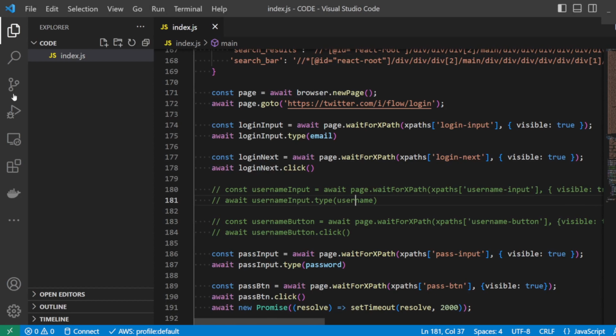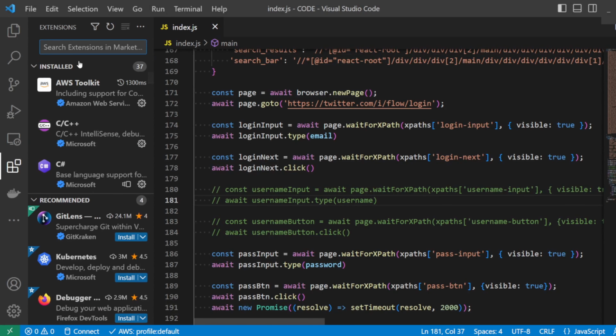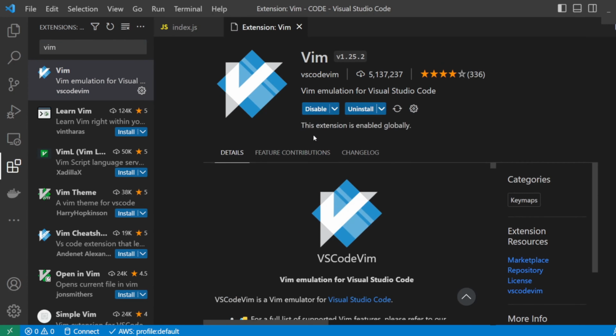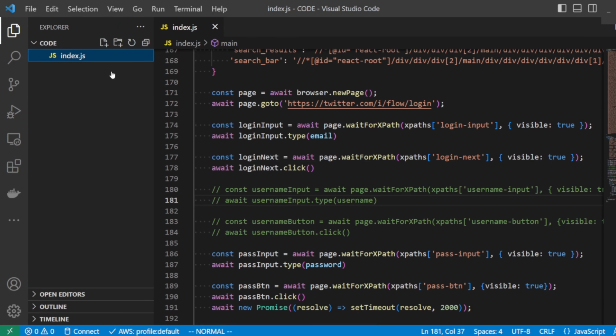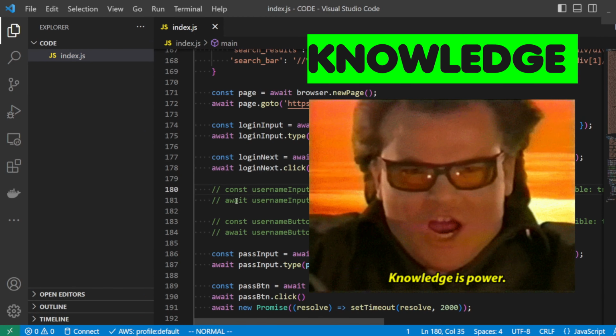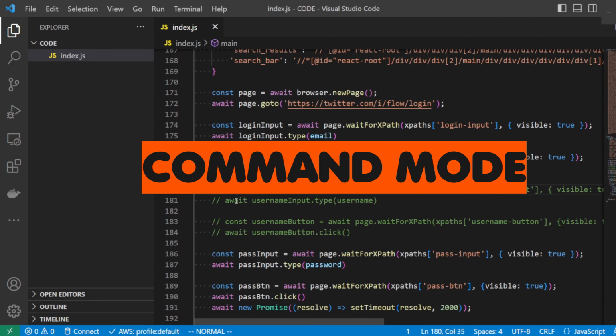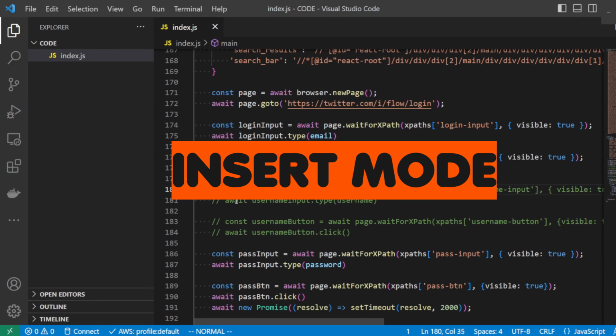You can install Vim using different ways, but since I love VS Code, I'll install it from the marketplace. This gives me all the syntax highlighting and suggestions of VS Code along with the power of Vim. Going back to the editor, you'll notice that my cursor became fat, just like my knowledge, which tells me I'm currently in command mode. I'll use the insert key to enter insert mode and type out my idea for the